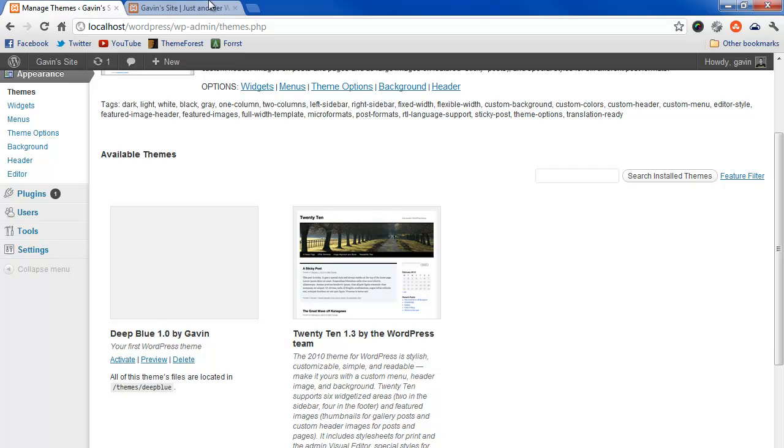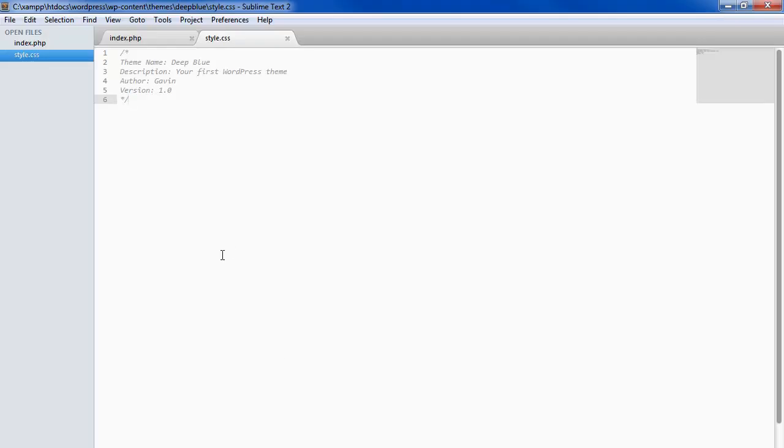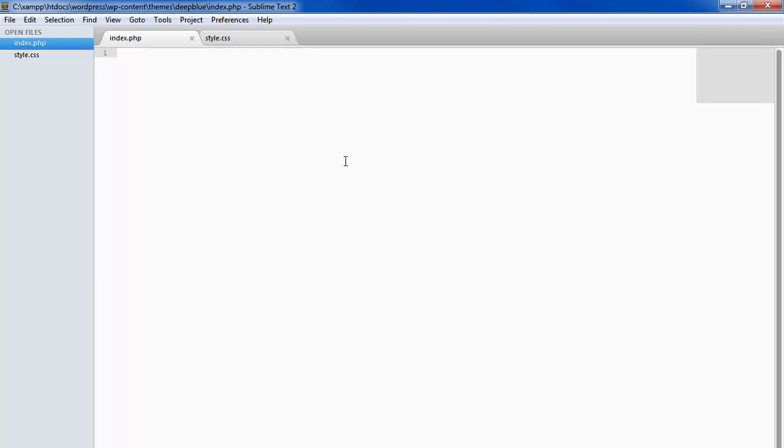So now I'm going to go back to my text editor. I'm going to go into that index.php file, and I'm going to add a bit of code to this, just basic WordPress code. It's a bit of PHP, a bit of HTML, and all this will do is show a bit of content on our site. So what I'm going to do here is HTML, you can follow along with this and type it in yourself, equals